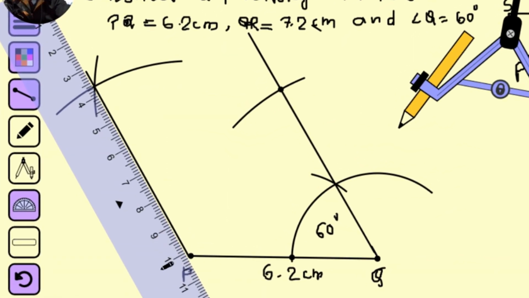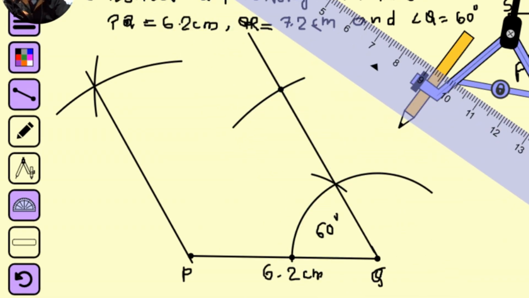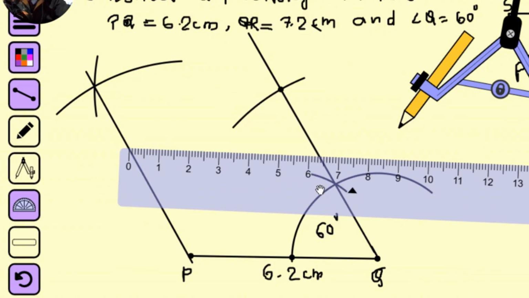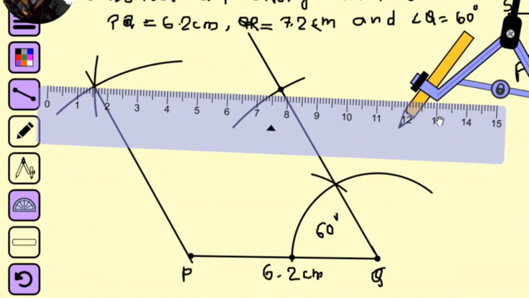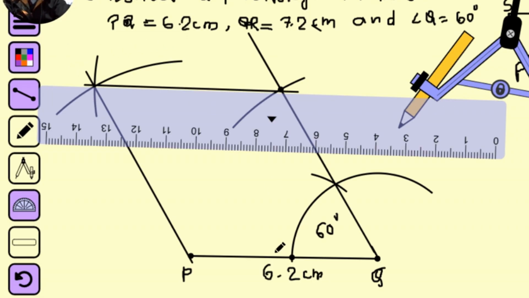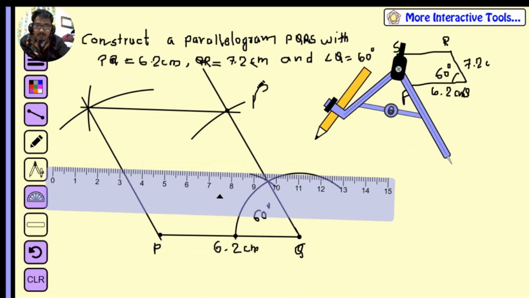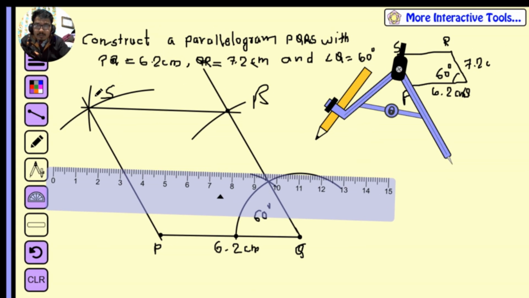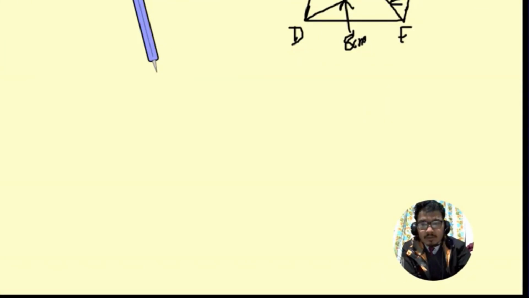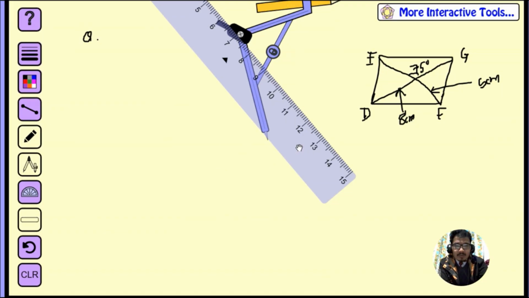okay, like this join, and here also, now we have to join this, join it, okay, like this, and this is now PQRS, okay. How to construct the parallelogram when two diagonals are given, I am going to show you here,